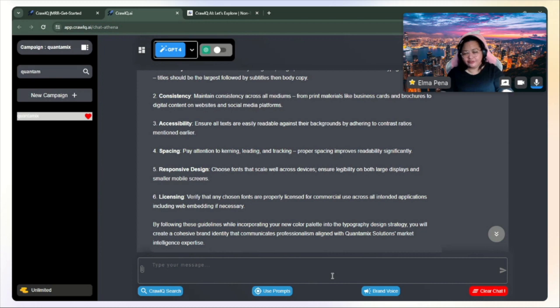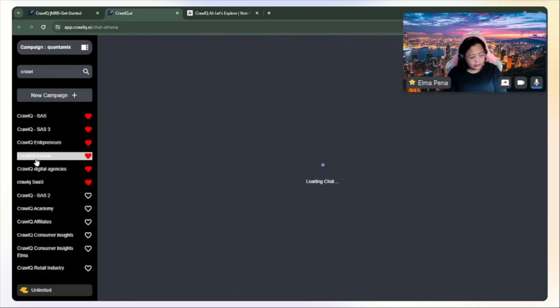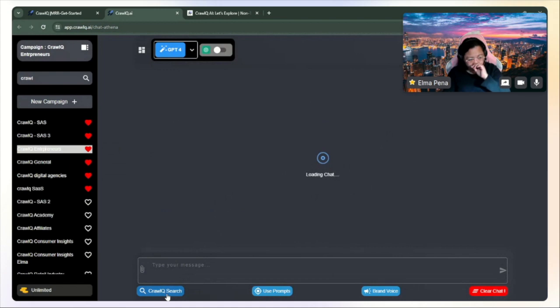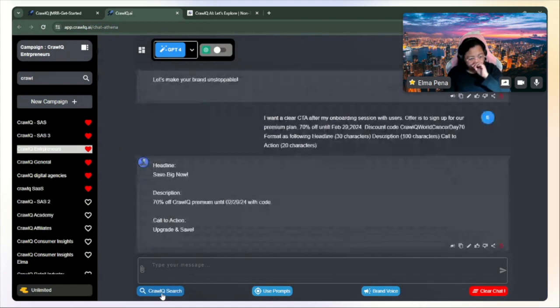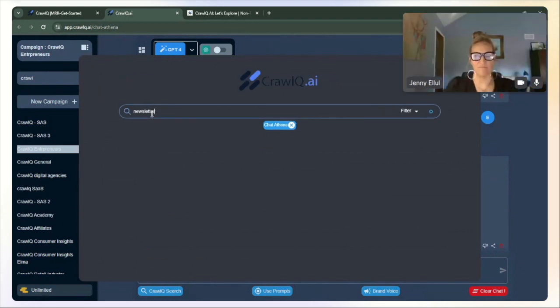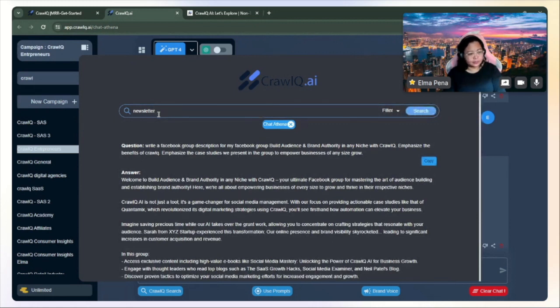And it would give you... Let me see. I'm sure I have a lot of things here. Might be even here. Oh no, it's here. Let me search newsletter. Is that just filtering through that campaign when you're doing CrawlQ? Yes. The CrawlQ search will just filter to this particular campaign, and these are some of the newsletters